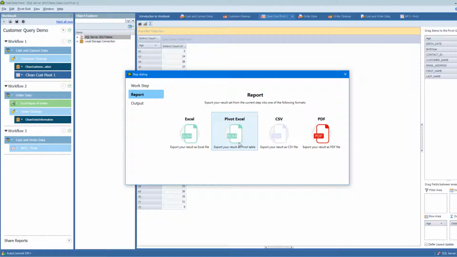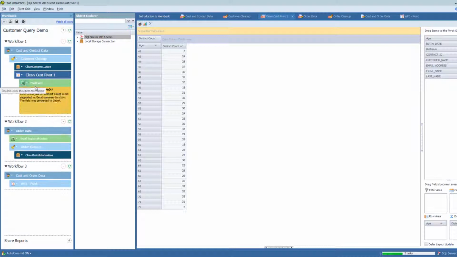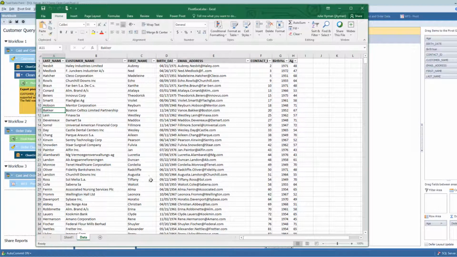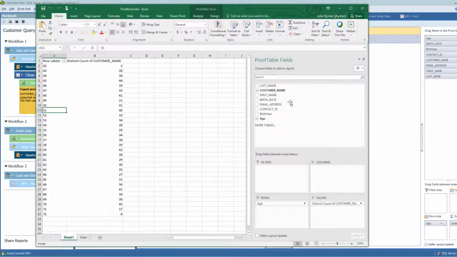We'll start with Pivot Excel because of what this will produce. Let's name this Pivot Excel so we remember what we're doing here. And we'll go ahead and generate this report so that we can see the output. This will actually create an Excel report that has 2 tabs. It will have the tab of the data as it's shown in the pivot, but it actually outputs the full pivot, the full detail from that report. So it outputs all of the rows of detail and then creates the pivot using Excel pivot features. So that is the Excel pivot output.